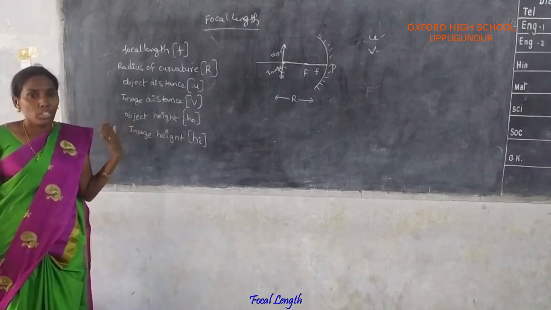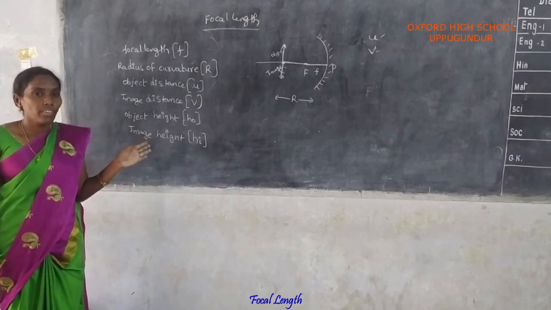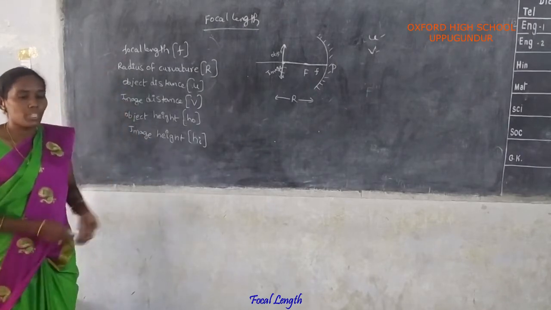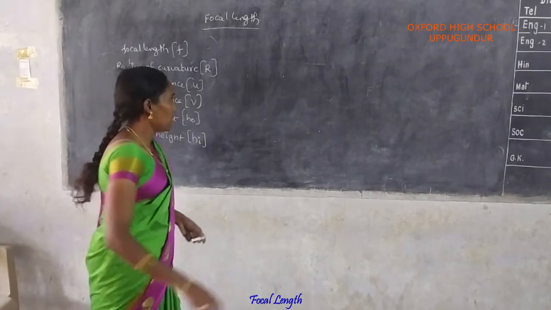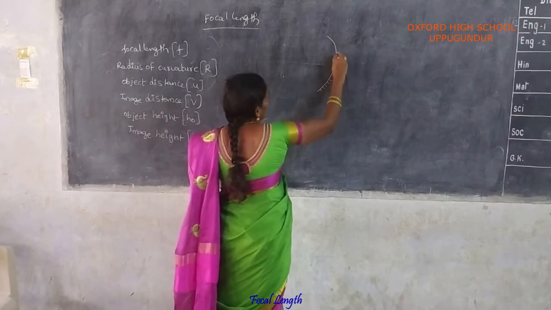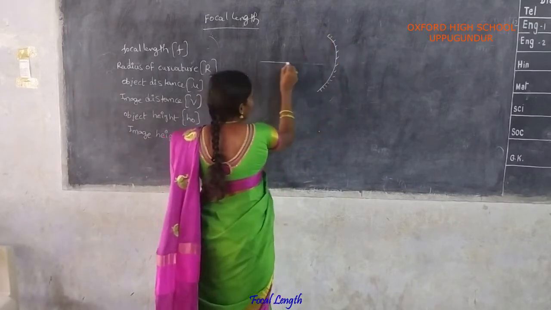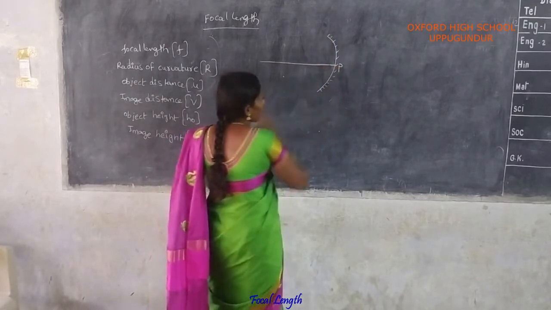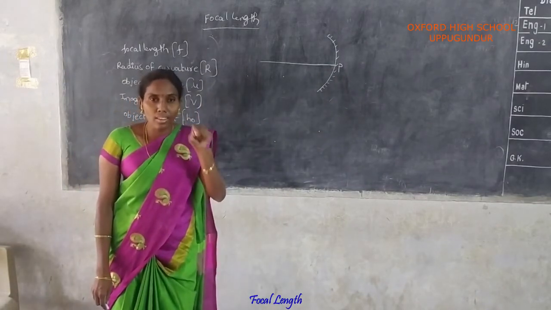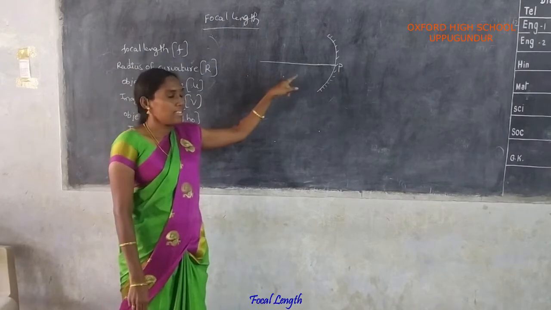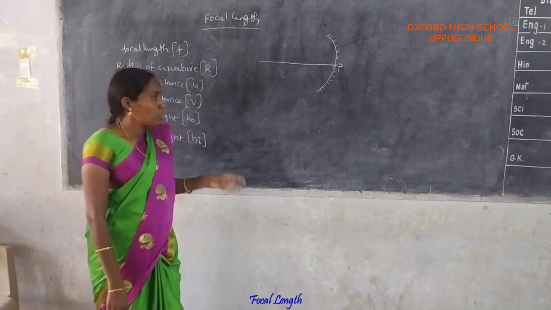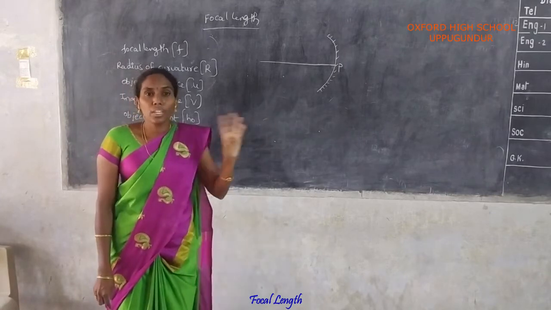That mirror may be convex or concave, whatever it is. By using these distances, we have to explain the sign convention, amma. This is a mirror, concave, amma. Here, this is the pole. The pole is always taken as the origin and the principal axis is always taken as the x-axis, amma. I will explain the sign conventions for a given mirror.